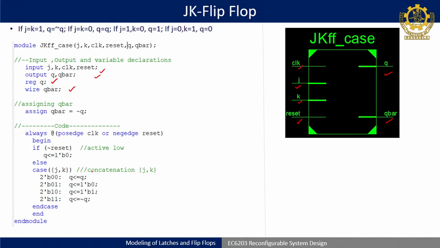Instead of writing it here in the case, which is done using the case construct, we have directly assigned it outside with a concurrent assignment statement. Whenever Q is changed, or a Q event is triggered, that means 0 to 1 or 1 to 0, Q bar will change its state to the opposite, that is not of Q. So Q will have an event when this always block starts changing its values for Q.